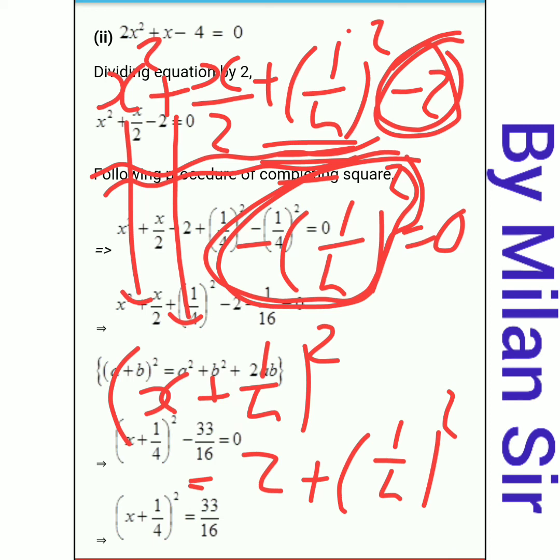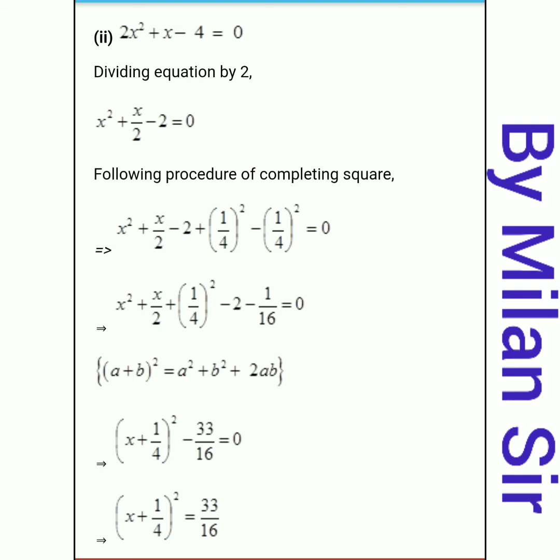That means if you want to simplify on the left hand side, then you can simplify these two terms on the left hand side, and after that you need to transfer it to the right hand side. Otherwise directly just transfer it to the right hand side and simplify these two terms on the right hand side. Okay, so now what we have here, we have (x plus 1/4) all squared is equal to,